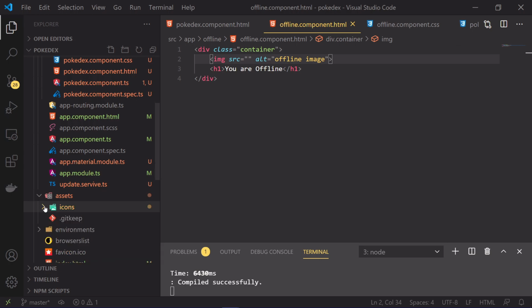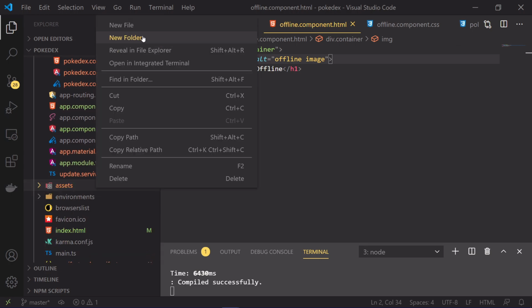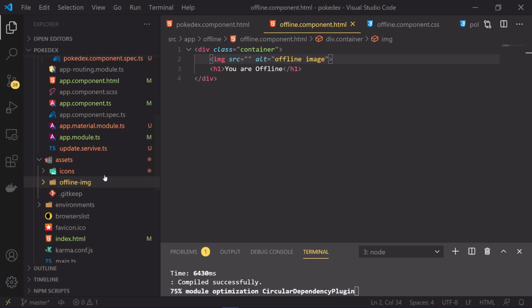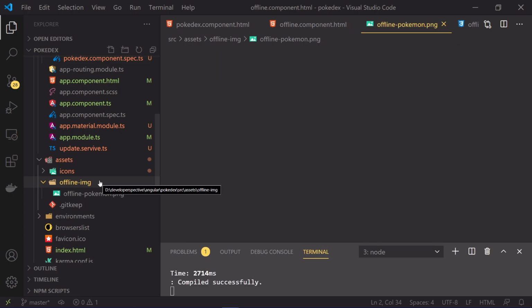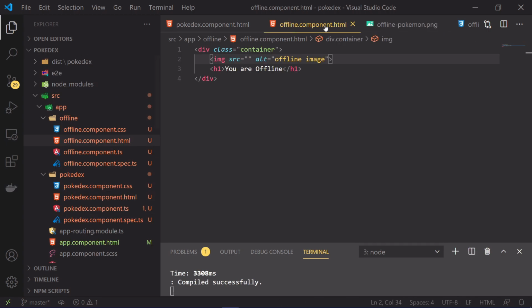We already have icons, so I'll create a folder inside asset with the name offline image, and I'll add an image here. I have this image called offline pokemon.png which says watch for Pokemons.